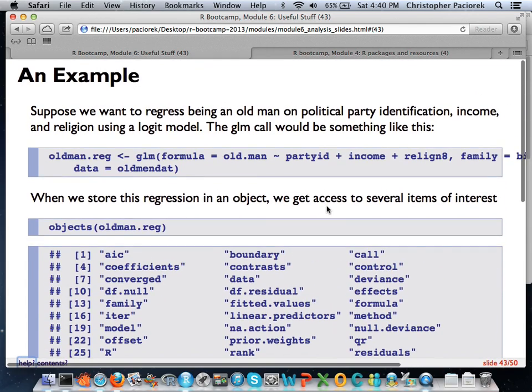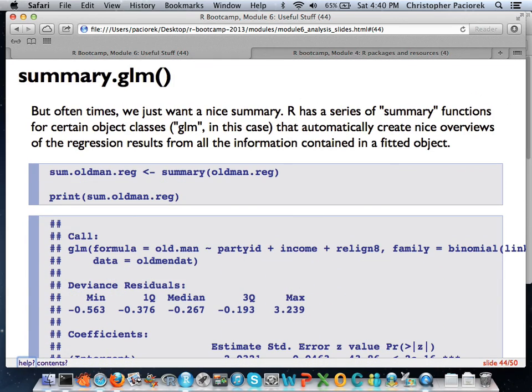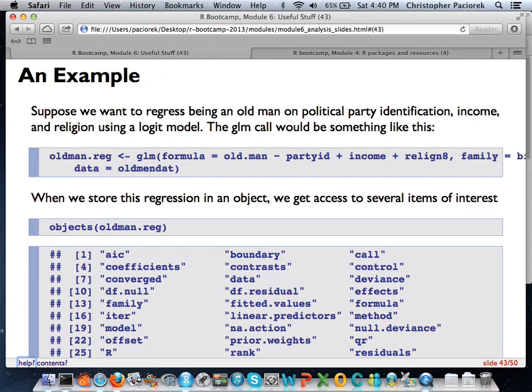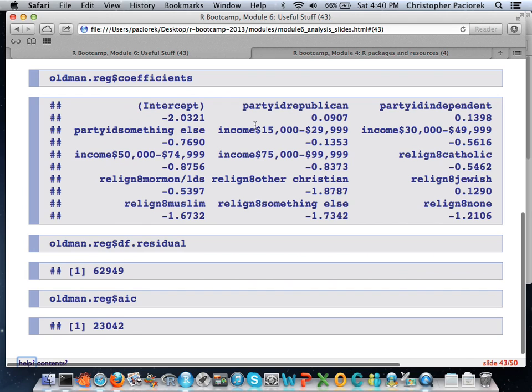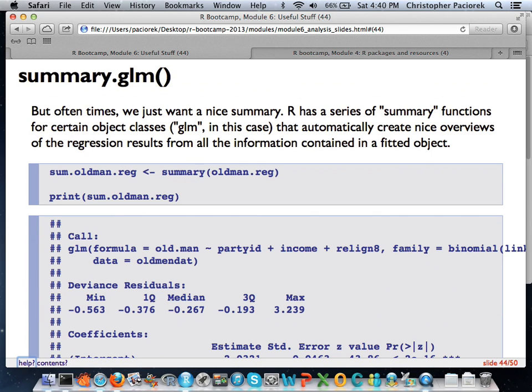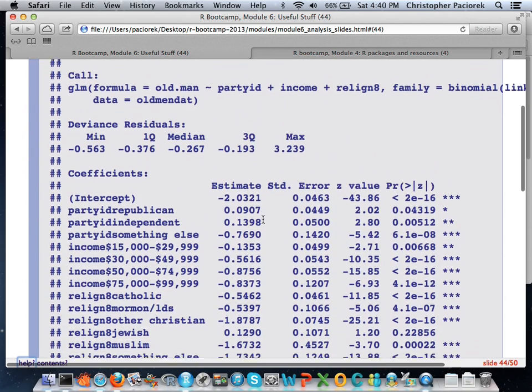Now, Chris also told you one of the cool things about R is that it has these functions that are expecting these sorts of objects. You know, if you use summary.glm, it knows that you're feeding into it something that has a very set and specific structure. And it can do some really cool things knowing exactly what that structure is. Like, for instance, taking what is really kind of an ugly matrix of coefficients here. This is really not great to look at. But when you use summary GLM, just like you would use summary for the LM function, it takes the various components of this object, the various parts of this list, and it applies its own set of functions to it which make it look really cool like this.